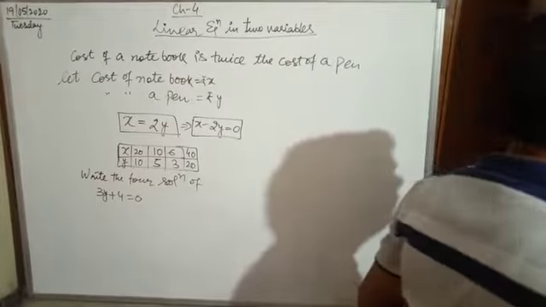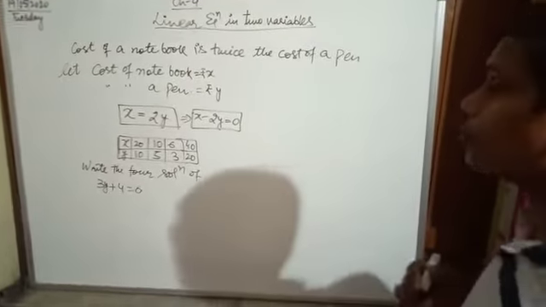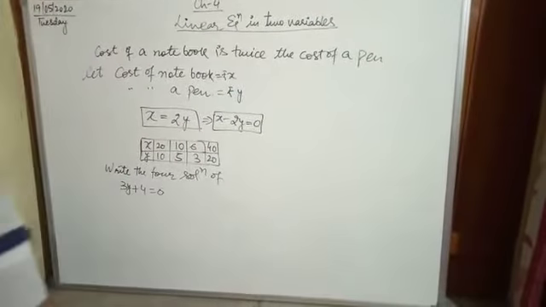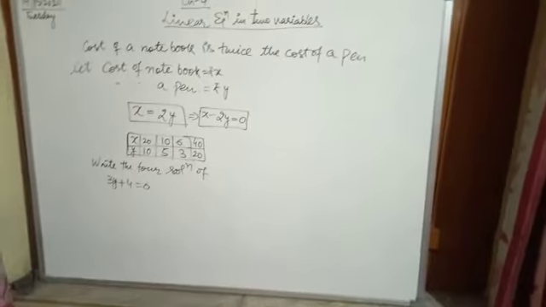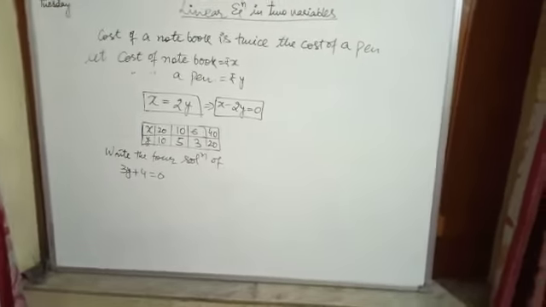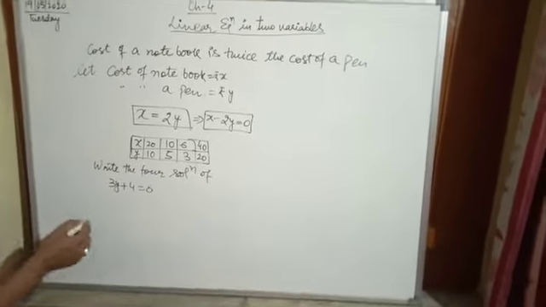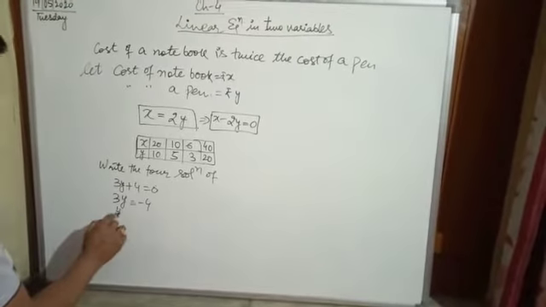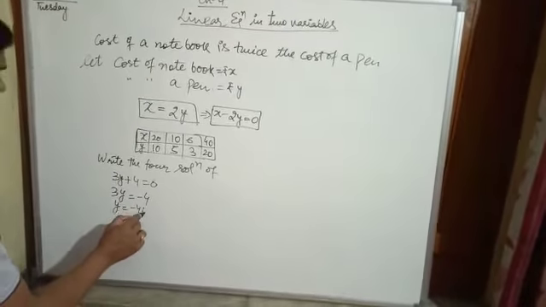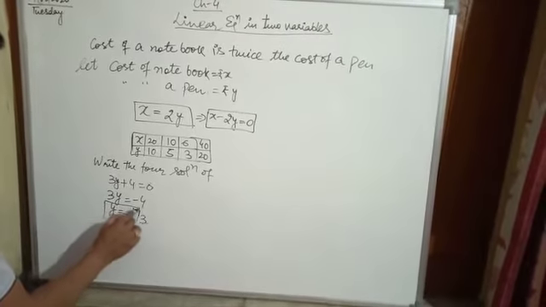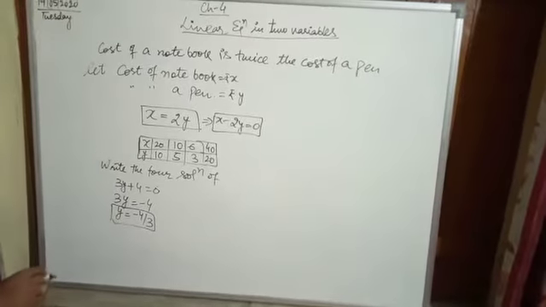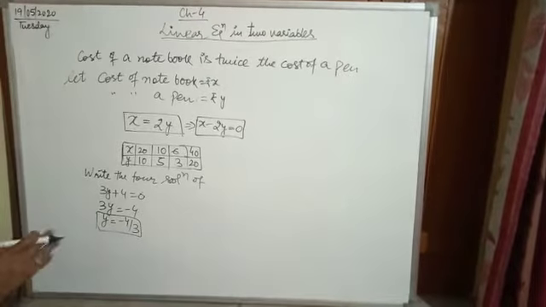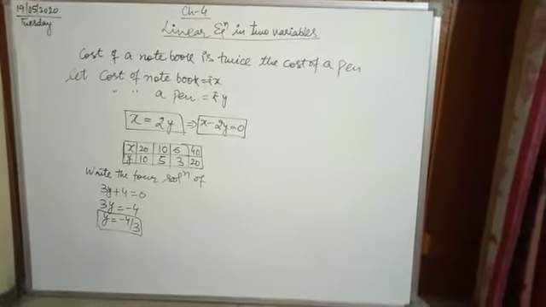No. We cannot get the 4 solutions of this given equation. Why? Because this is a single variable equation. Here we have only 3y plus 4 equal to 0. It means we will get 3y is equal to minus 4, or y is equal to minus 4 upon 3. This is a fixed value. y is equal to minus 4 by 3 is a fixed value, so we cannot write 4 solutions.